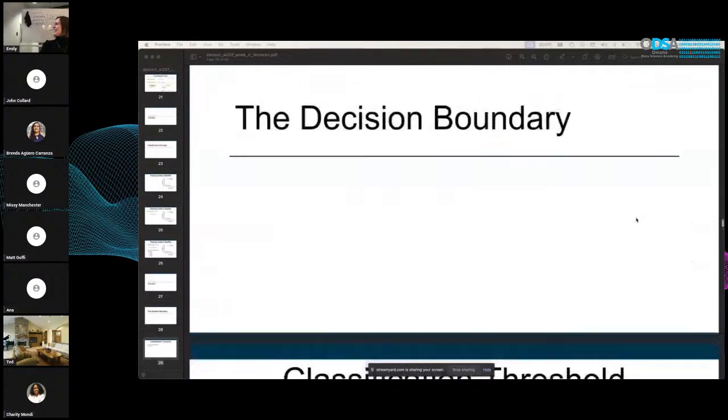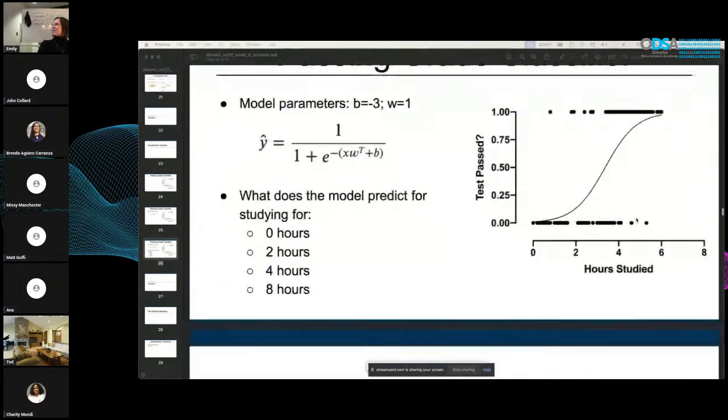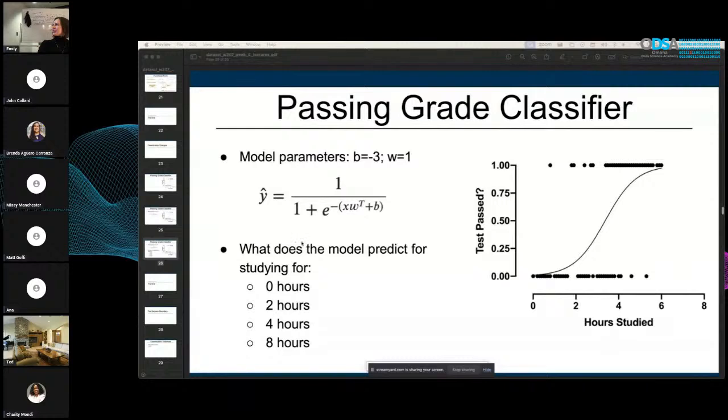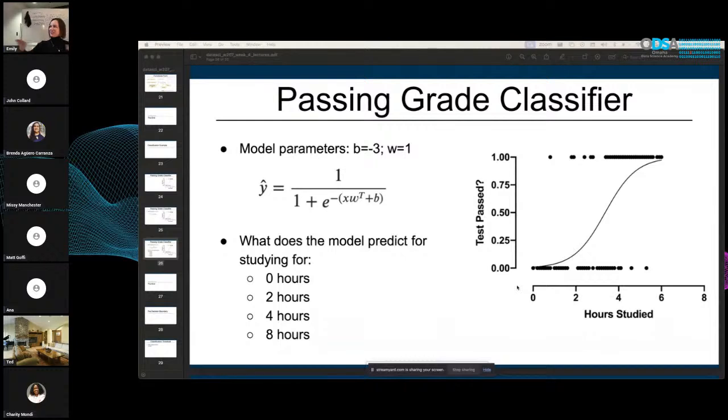This will probably be like a test question here: what does this model predict for these hours? And then like a picture of a sigmoid curve. So that's the level, if you want a gauge for what I'm looking for. They're more like concept checks. Did I teach you how it works enough that you could answer that type of question?